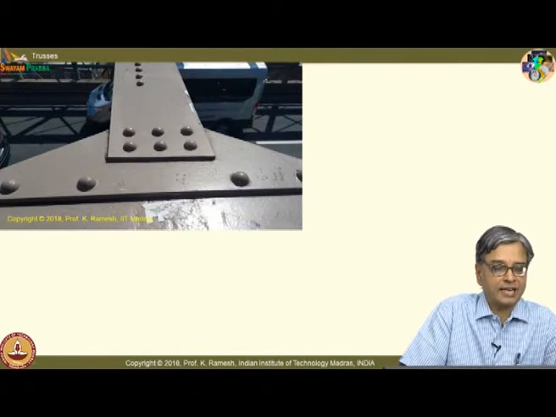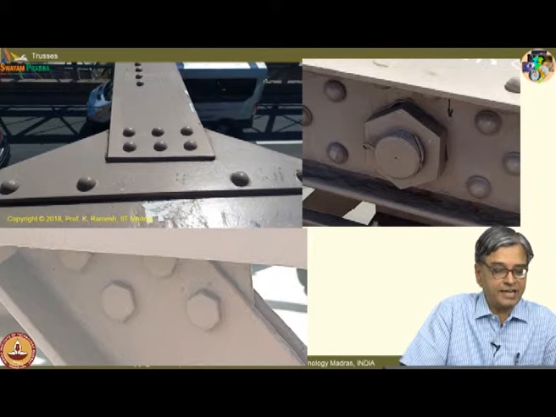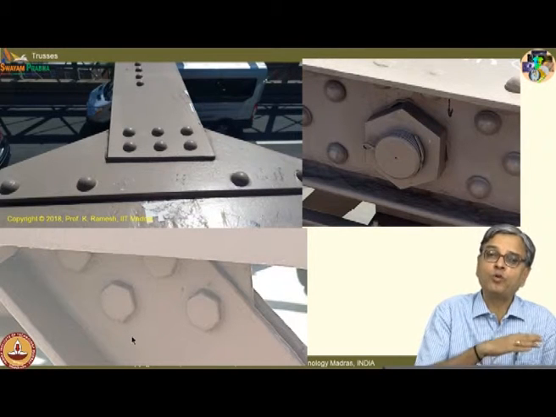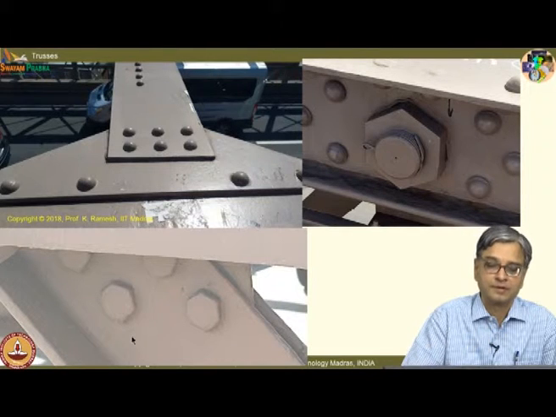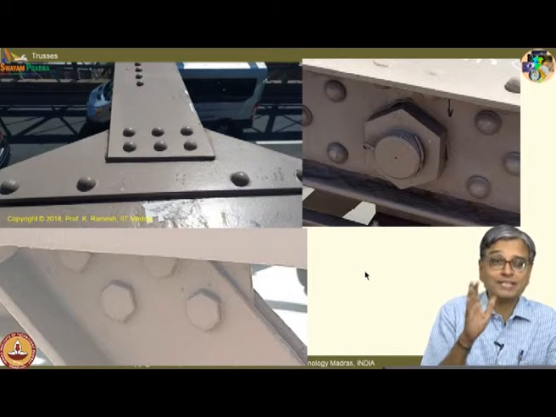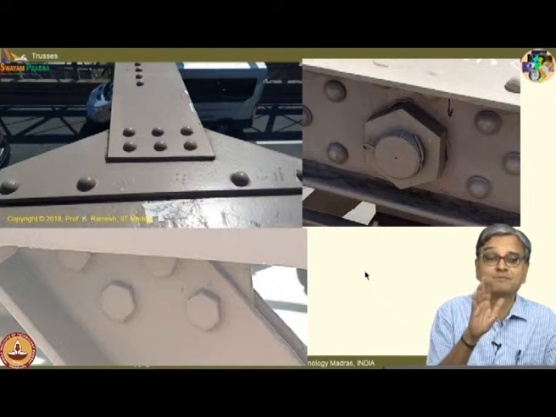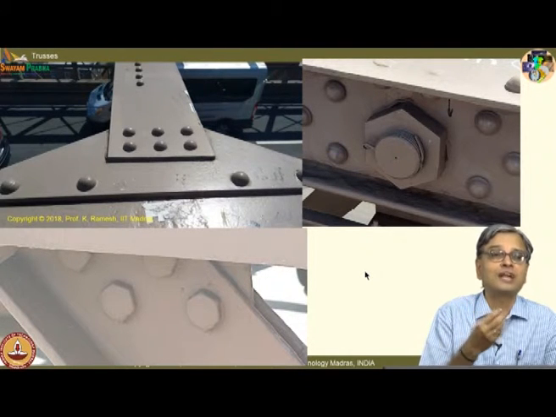So, I have a riveted connection like this. This is the Brooklyn Bridge in New York, and you could also see in some segments they have a bolted connection. In another section they have completely connected with bolts. So, both bolted and riveted connections are in use. But from the analysis point of view, you would treat it as a pin joint and make your life simple. Why do you do it? The results are reasonably close to actual reality.